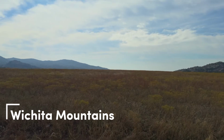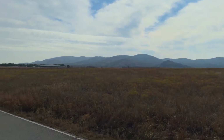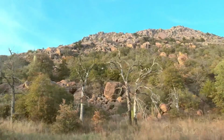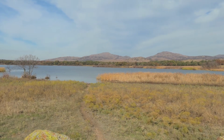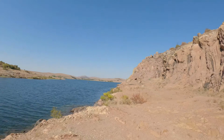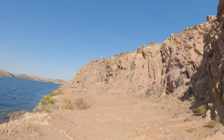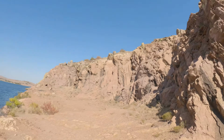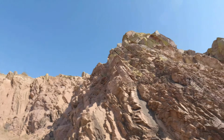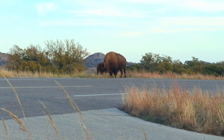Wichita Mountains. This mountain range is older than the Rockies and nearly as rich in wildlife as a national park. Located in southwestern Oklahoma near Lawton, the Wichita Mountains are a geological treasure dating back over 500 million years. These rugged granite peaks are part of the Wichita Mountains Wildlife Refuge, which was established in 1901 and is one of the oldest wildlife refuges in the United States. It was created to protect declining populations of bison, elk, and prairie dogs, and today, you can still see these